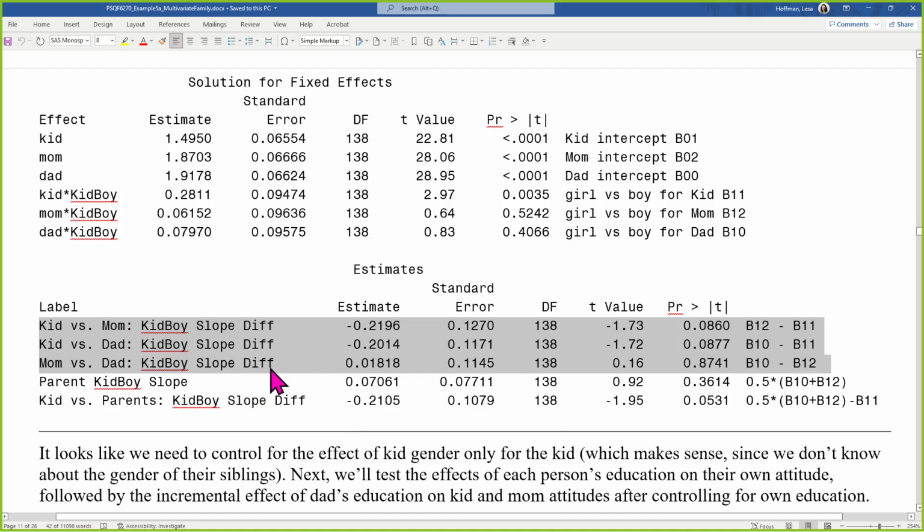Is it possible to change the asterisk notation, or is that just by virtue of the program? That is by virtue of the program. It is a hashtag in Stata, a star in SAS, a colon in R, and I think it's also a star in SPSS, if I remember correctly. In Mplus, you have to literally make the variables. You can't define interaction terms on the fly. And in classic regression type packages, you often have to literally make the interaction variables as well.